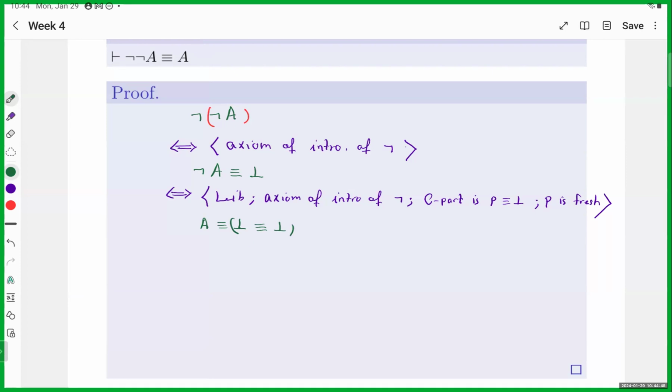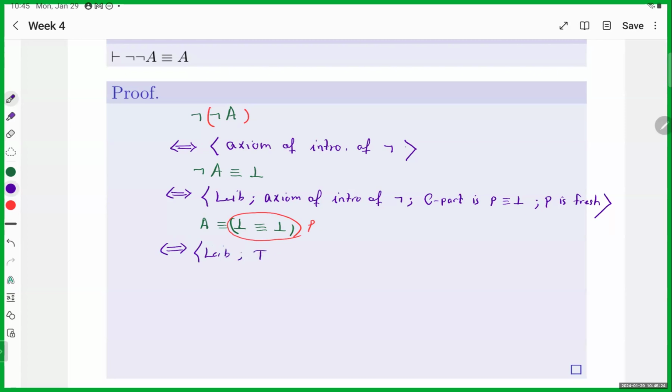Now bottom is equivalent to bottom is equivalent to top. That's an axiom of top versus bottom. So I can replace this with top and get A is equivalent to top. But I need Leibniz because this is not the entire formula, it's a part of the formula. So let's call this P. Now I know, if I use Leibniz again,